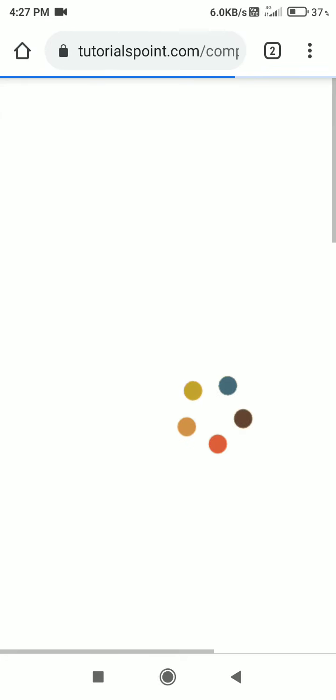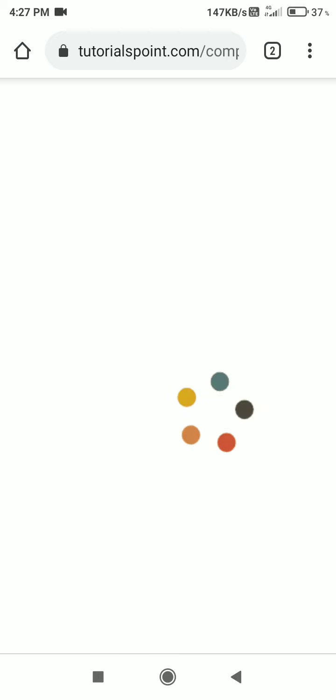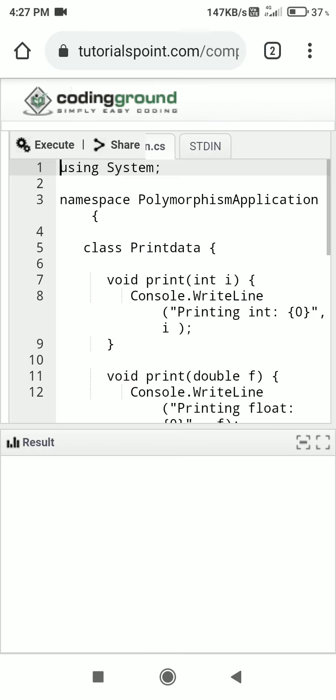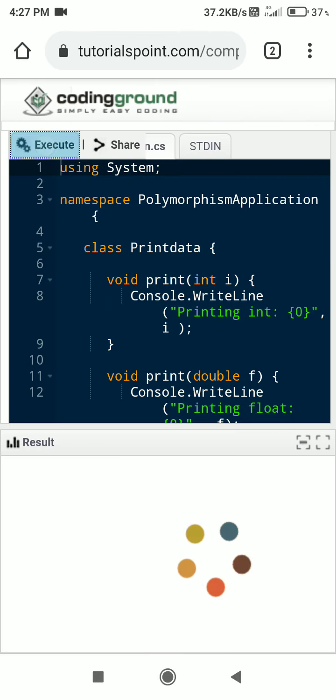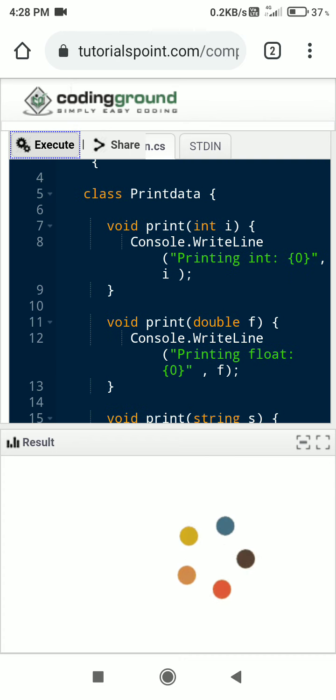Okay, so let's try to execute this program. It is quite easy to execute the program in C Sharp. Here we are executing it online. On normal days, how do you need to execute the program? For that you need to download Visual Studio. Then you need to do a number of things. You need to write this code, then compile it and execute it.